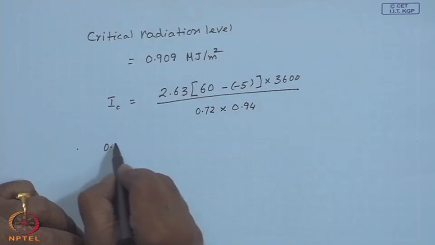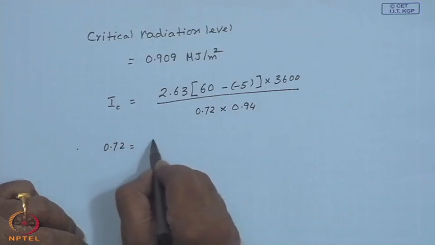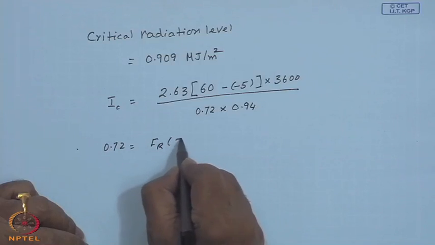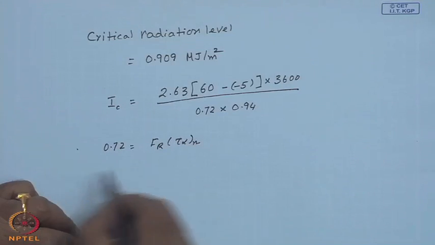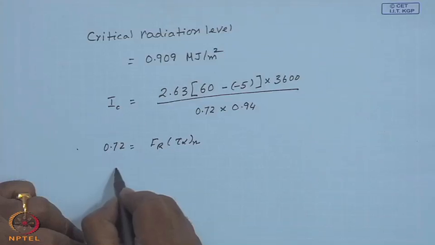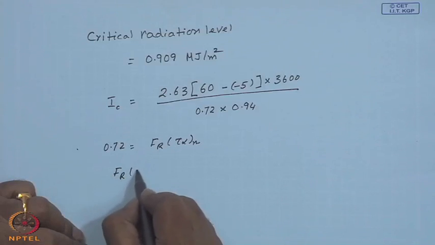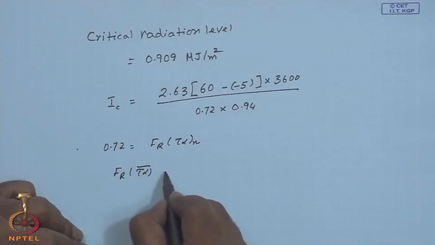This 0.72 is FR tau alpha normal, but my IC formula I need is FR tau alpha bar, which